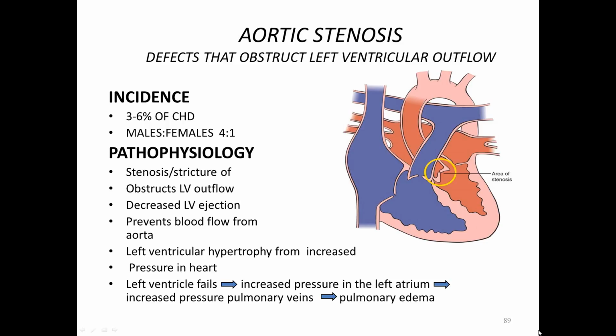And really what we're looking at, when we look at the structure of the heart, the aortic valve, the valve coming from the left ventricle going into the aorta, is stenosed or strictured. For some reason the valve leaflets are not opening correctly. There's some problem there, and so the blood has a very difficult time leaving the left ventricle and going into the aorta. Because of this, there is a decreased amount of blood leaving that left ventricle going into the aorta,